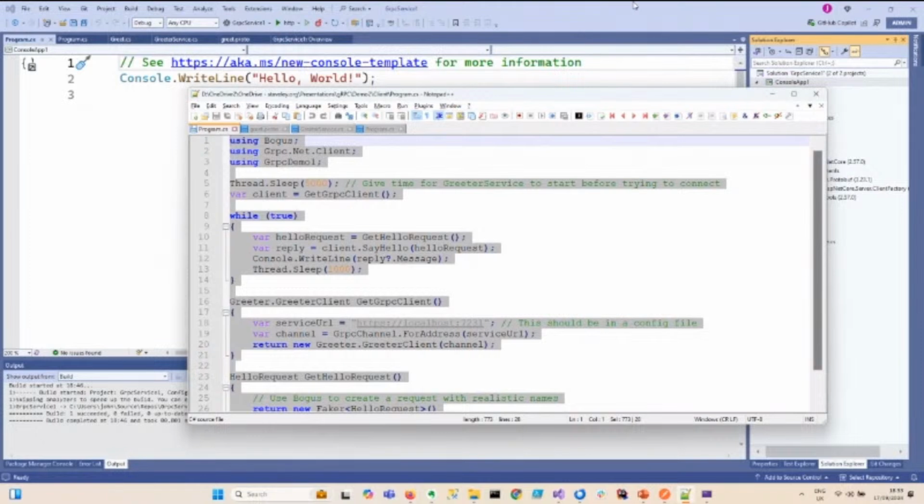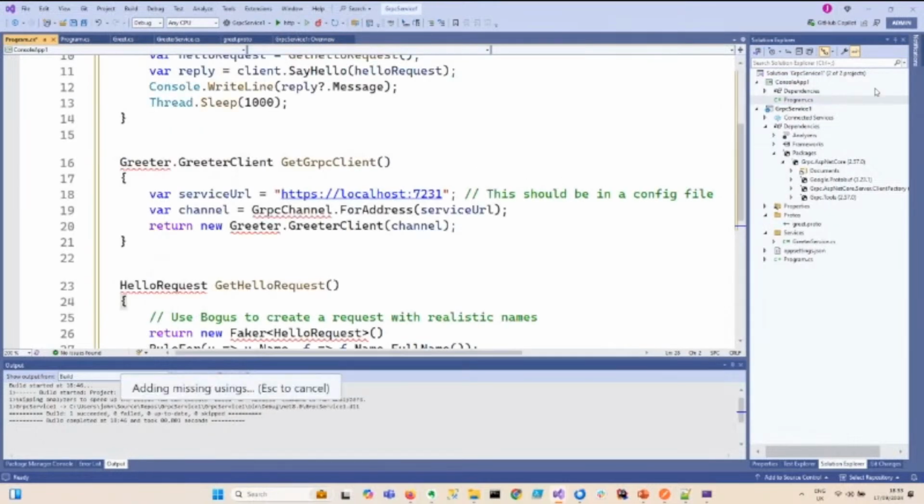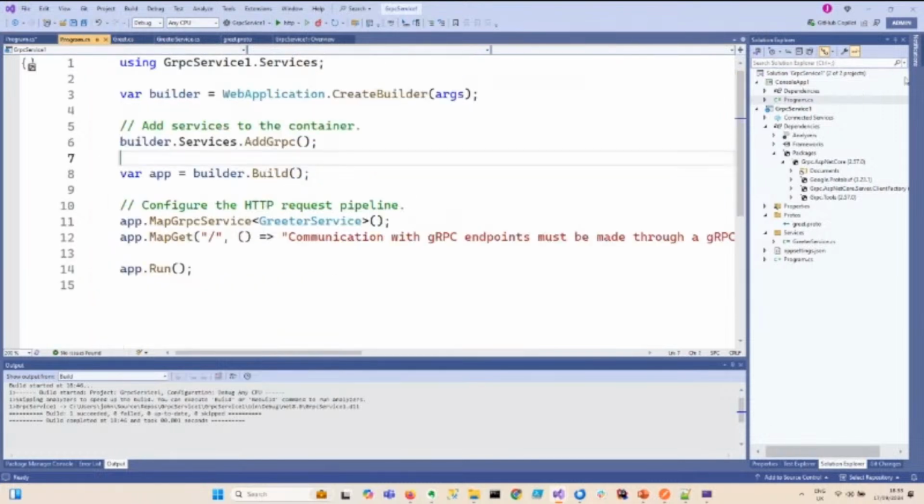And here I'm going to cheat a little bit. Or wasn't going to show you that. Right, so